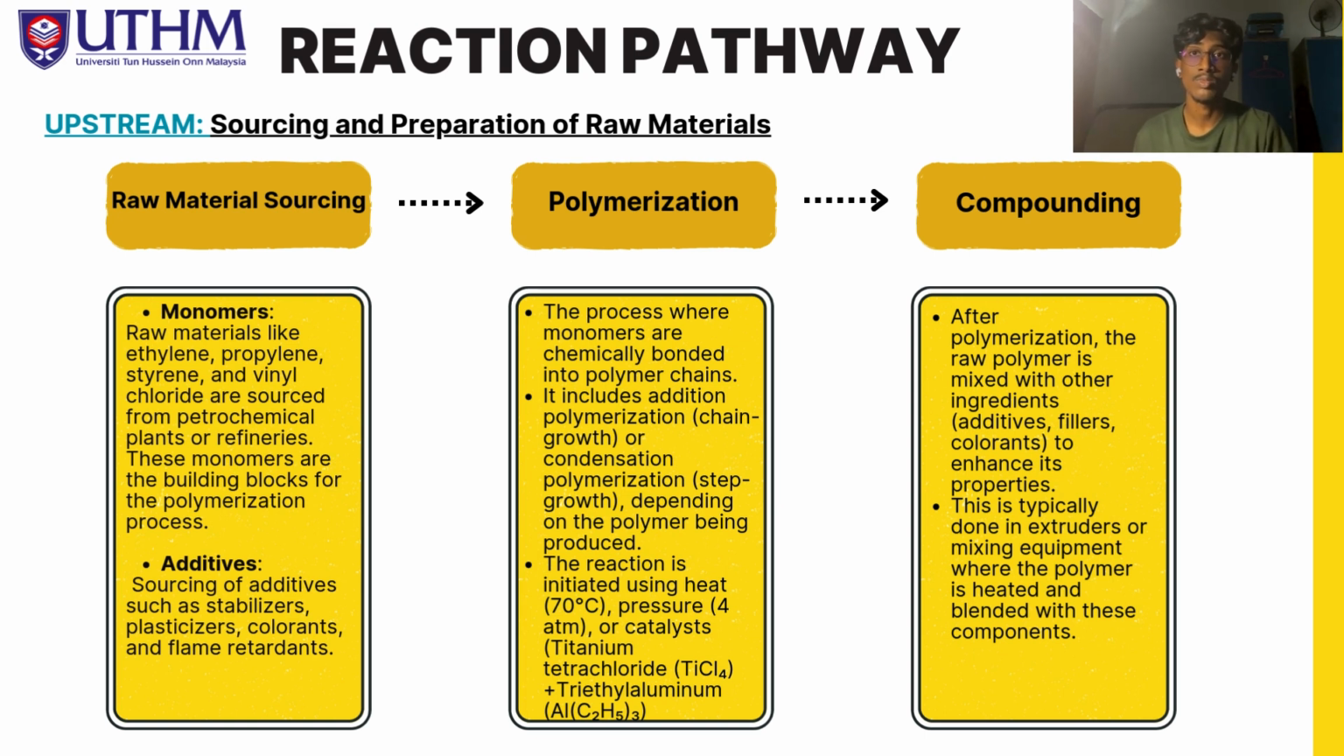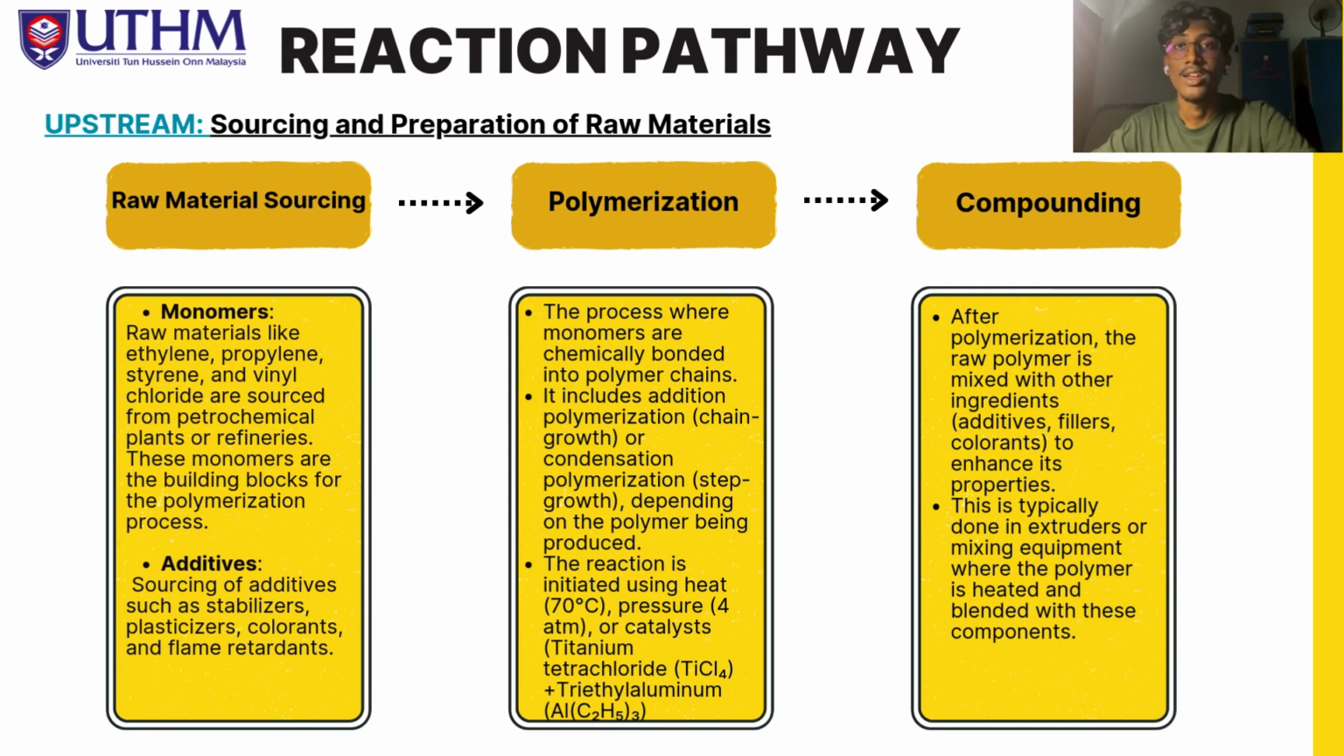Polymerization is a process where monomers are chemically bonded into polymer chains. So they make it into longer polymer chains to ease the next process. This includes addition polymerization, which is chain growth in another term, or condensation polymerization, which is step growth, depending on the polymer being produced. And then the reaction is also initiated using heat, which is around 70 degrees Celsius, pressure, which is around 4 atmospheric pressure, and catalysts are also added, which can include titanium tetrafluoride and